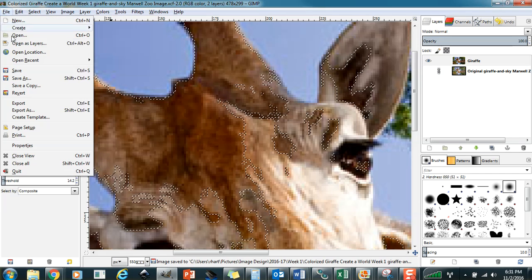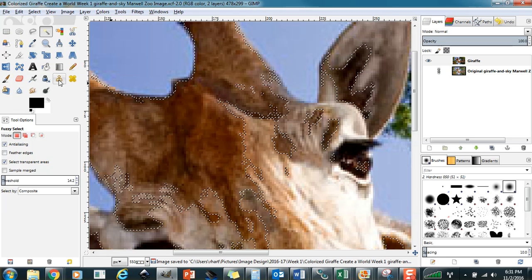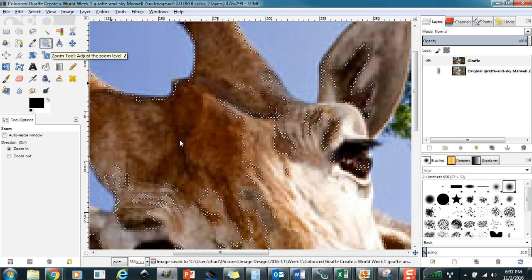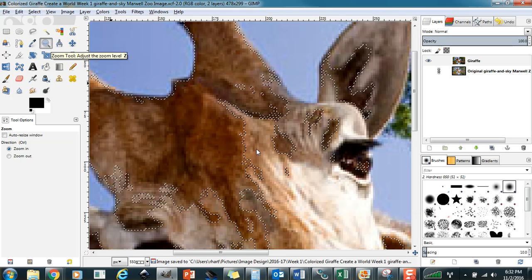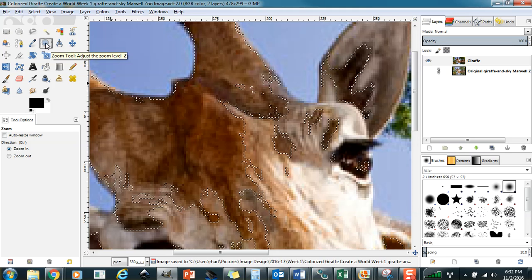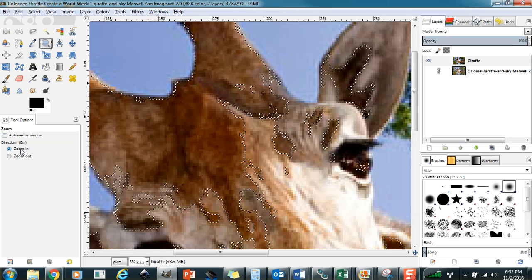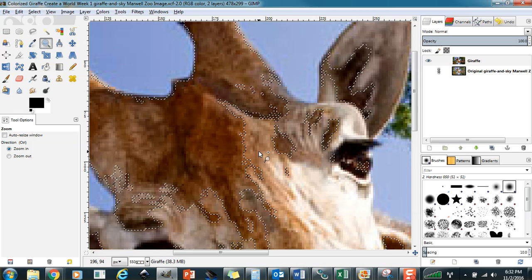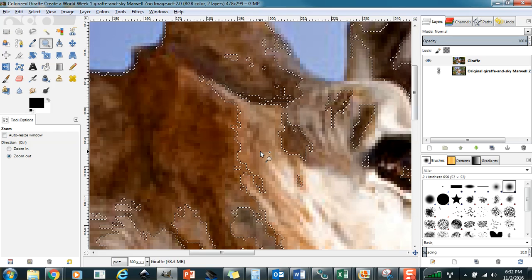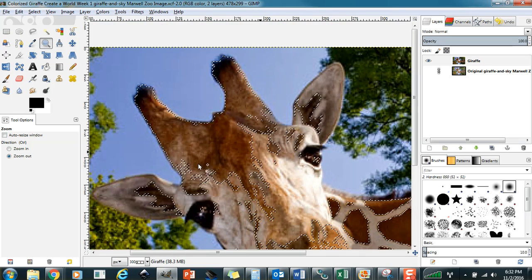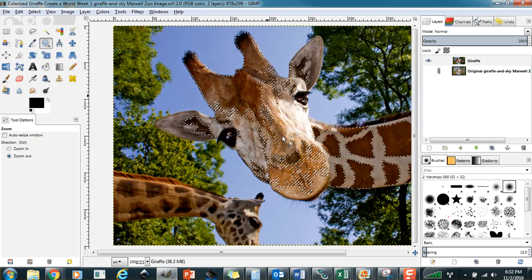So something you probably haven't seen me doing is just constantly clicking save, and I'm going to now zoom out, and let's see here. Make sure that you have your zoom tool and not your wand selected. And to zoom out, I believe I can hit Shift. Nope, that's in, so Control to zoom out. Guess it might depend on which one of these you have selected too. Okay, so